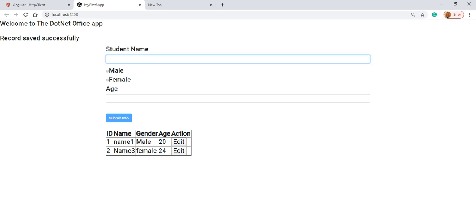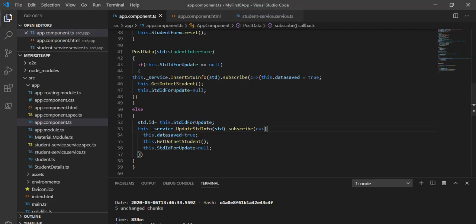If I am going to insert a new record, name 5, female, age 24, submit. So it inserted the new record. So in this way basically we can use the HTTP put. So that is all about the HTTP put in Angular.